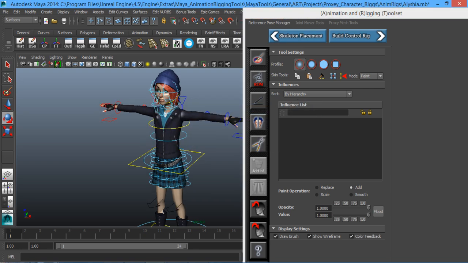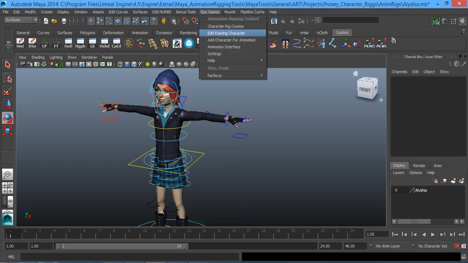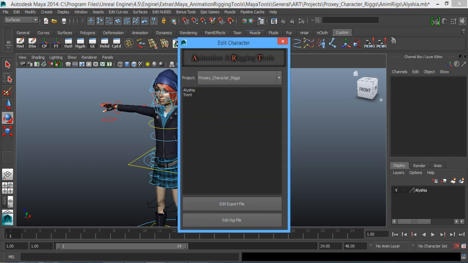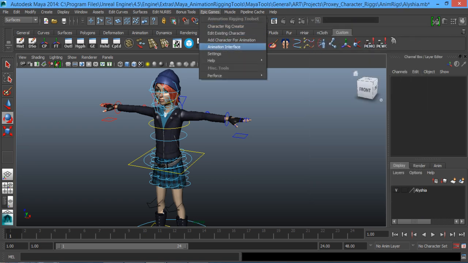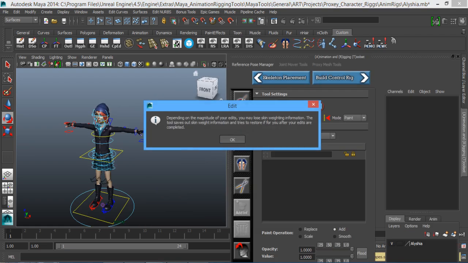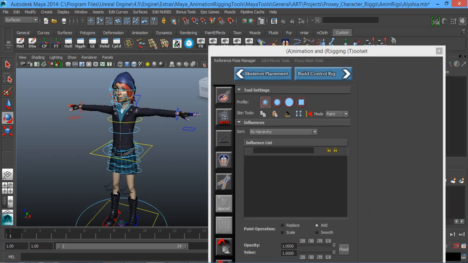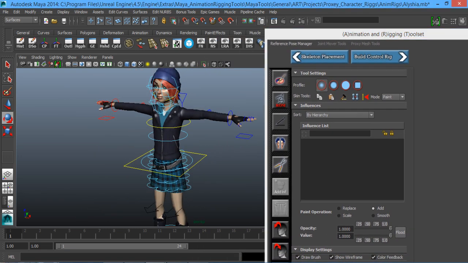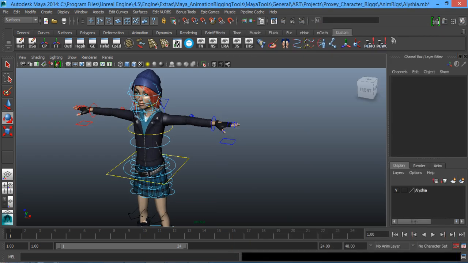Okay, I guess it didn't update, so let me close out this interface and reopen it. So go down, navigate to edit existing character, and nope. Character rig creator. Come on. Okay, so I'm running into this issue where it's not letting me pull this character out. Well, either way, we already saved out the weighting information,